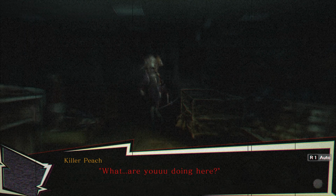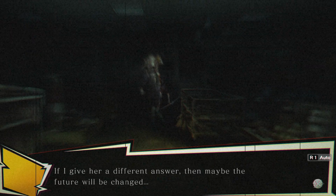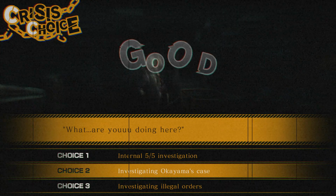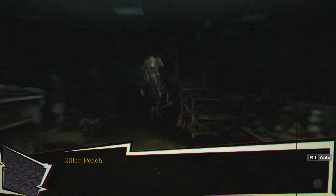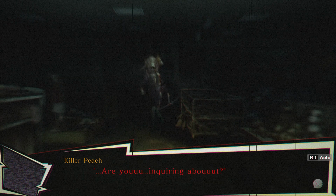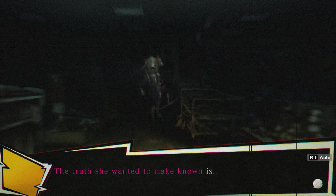What are you doing here? She's asking the same thing again. Time must have reset for her too. If I give her a different answer, then maybe the future will be changed. Killer Peach stares at me, waiting. What exactly are you inquiring about? Killer Peach's eyes don't seem hostile for once. The truth she wanted to make known is...